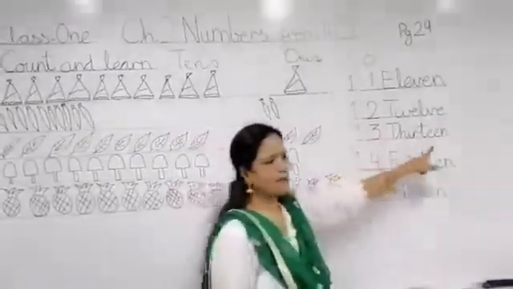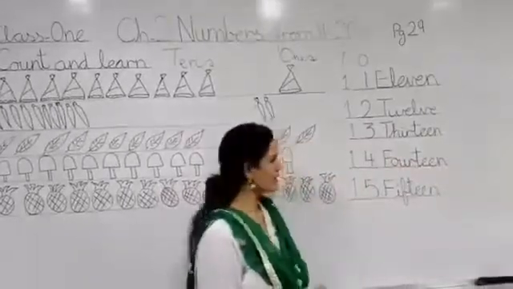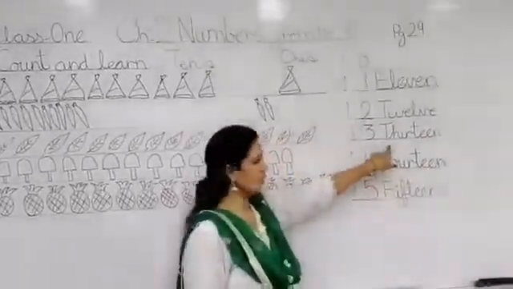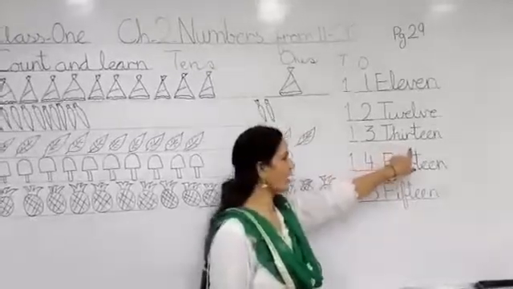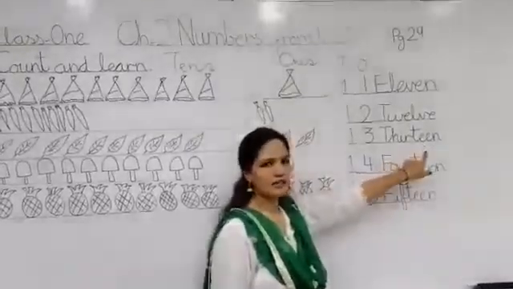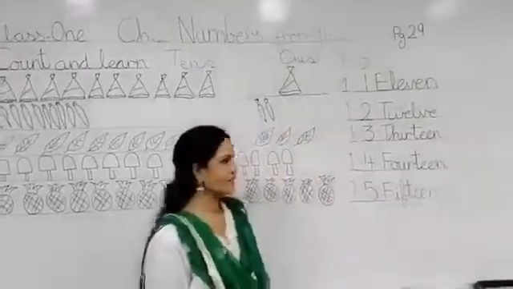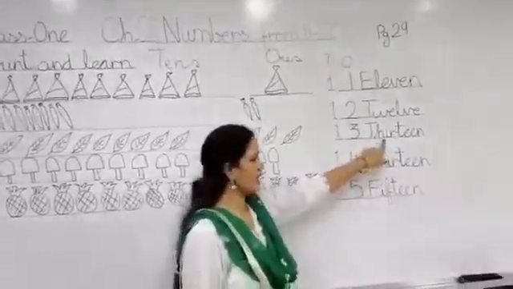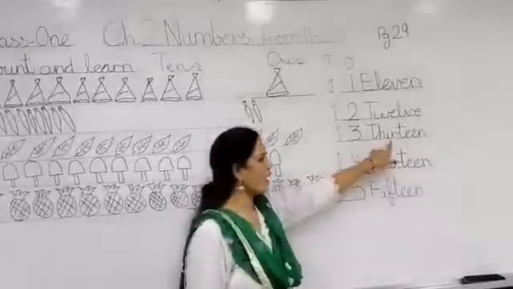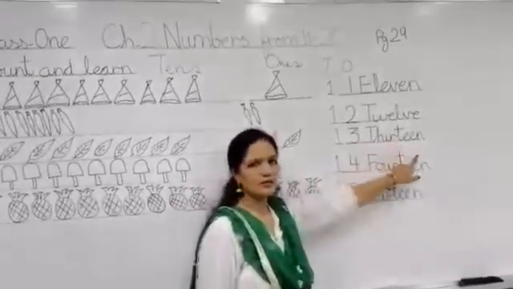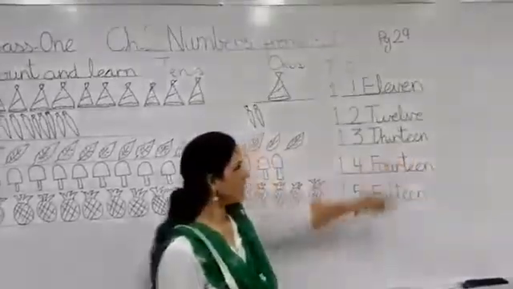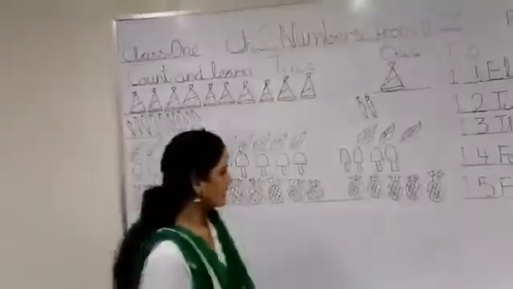Let's say the spellings of 13 so you can learn it very well. T H I R T E N. 13. Let's repeat it. T H I R T E N. 13. Yes. Now let's do the next.